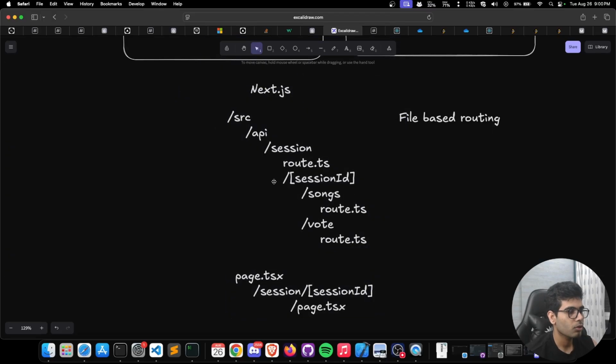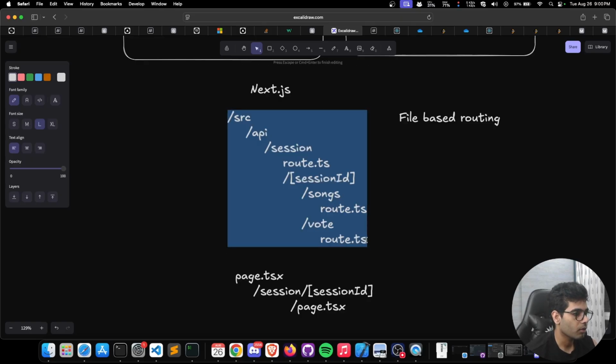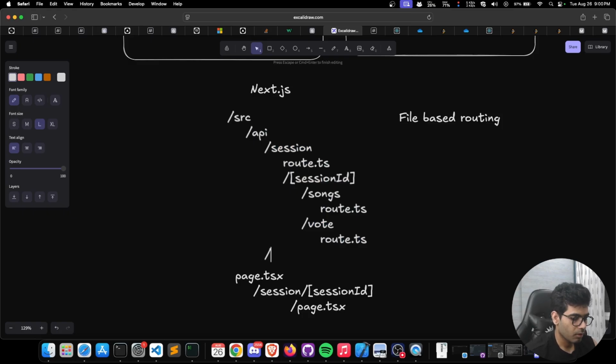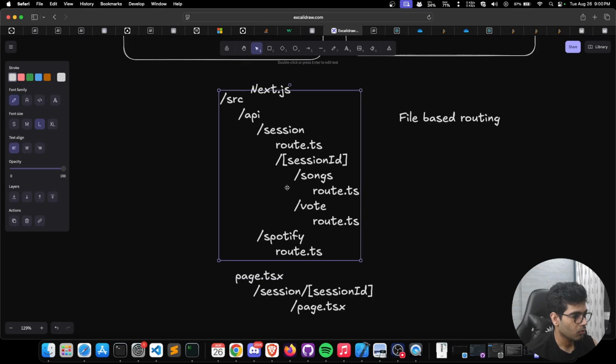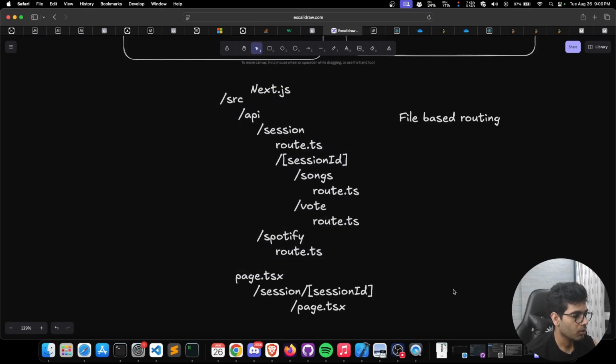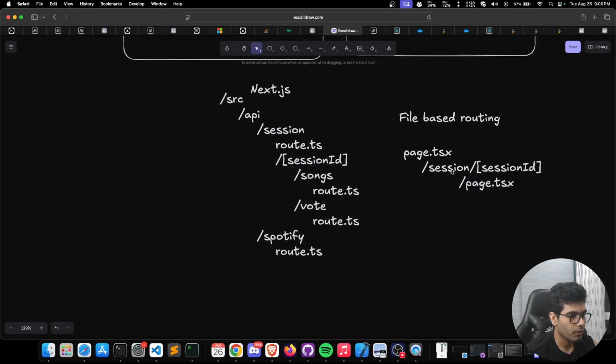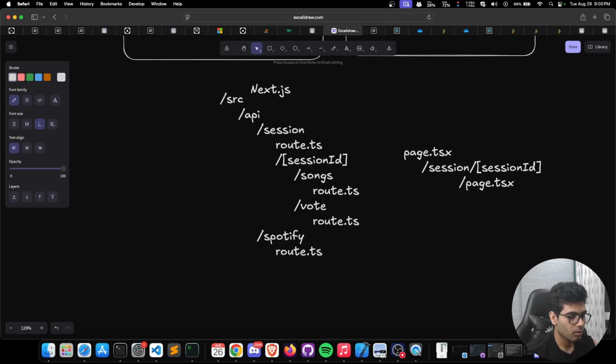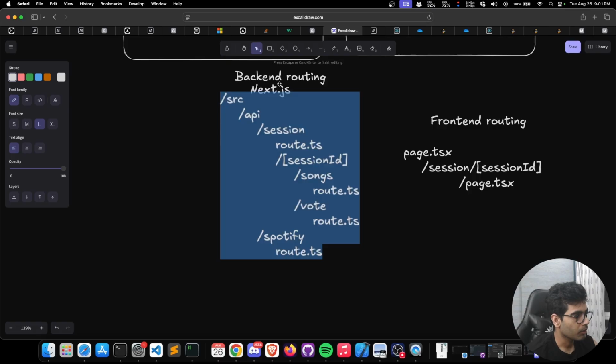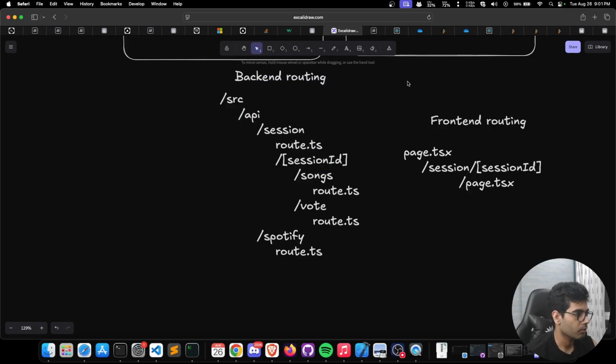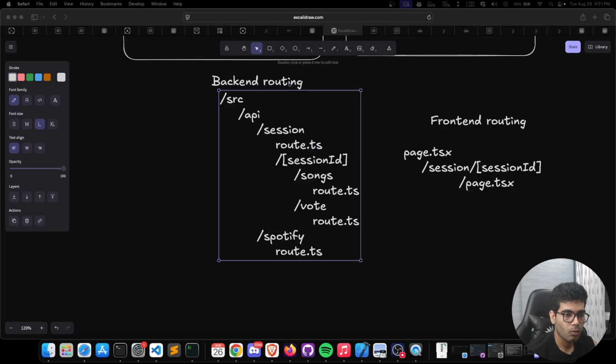And then, okay, we also need some Spotify based routing. So that we can do over here after API. Maybe we can do a Spotify and just create one route.ts over here. So this is the backend sort of route, and this is pretty much the front end based route. Just delete this and get front end routing, and this one is gonna be backend routing. Let me just remove this Next.js as well from here. So this is gonna be the whole project,